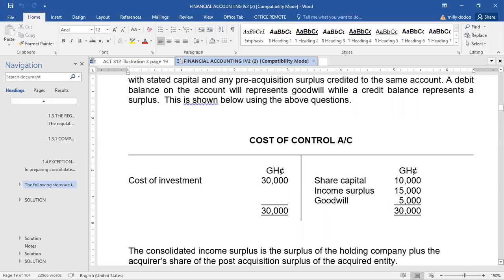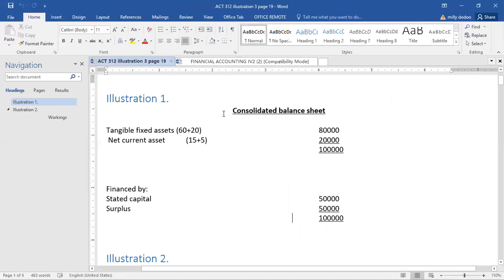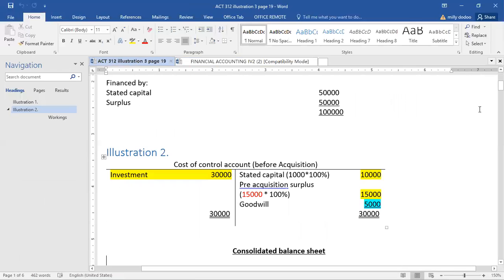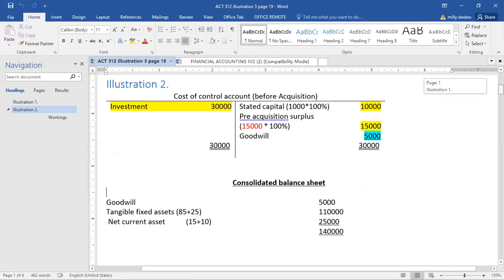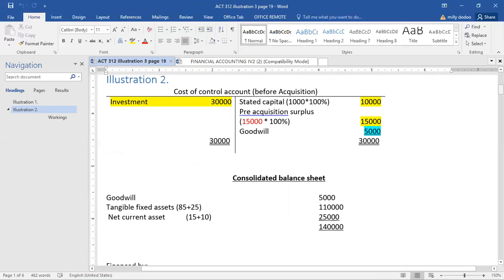The cost of control account is used to determine goodwill. So the purpose of the cost of control account is to determine goodwill. Are you getting it? Yes. Now, whenever you want to prepare the cost of control account, which is prepared before acquisition,